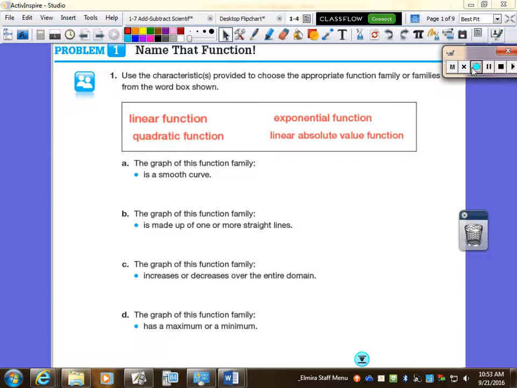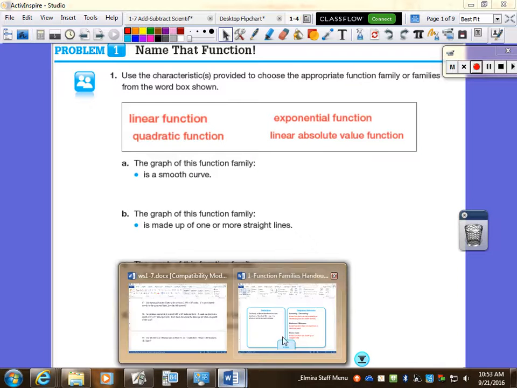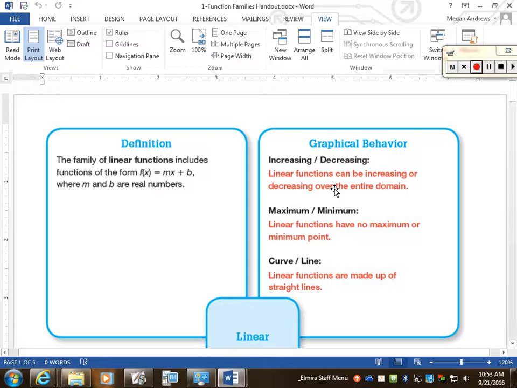In your textbook, page 54. So get your books out, page 54. Also, you're going to want to have out this document right here that we worked on yesterday. Make sure you have that out, because you're going to be using it as a resource to answer these